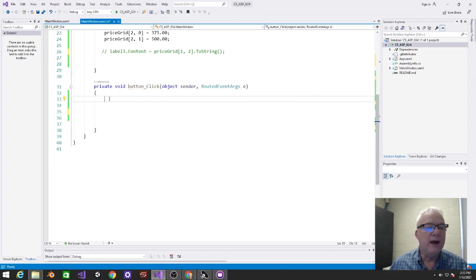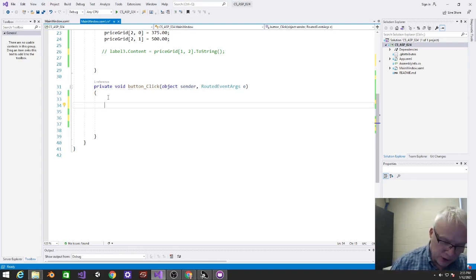All right. And in our button click, now we've set up our array. And now we want to actually use it with the checkboxes. So if we say